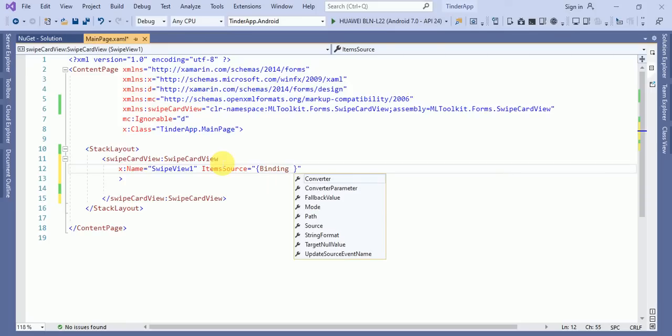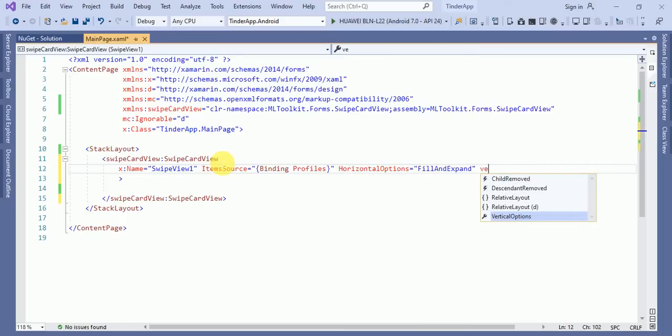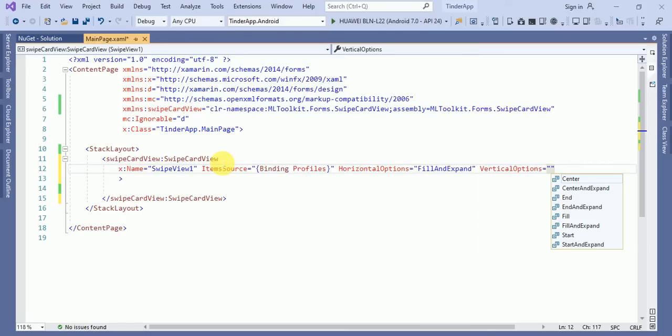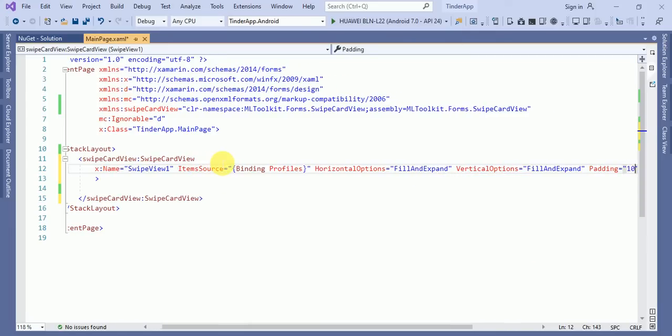Let's assume that the binding item source will be Profiles. Then HorizontalOptions equals to FillAndExpand, and VerticalOptions equals to FillAndExpand. And here we will define a padding size equals to 10.